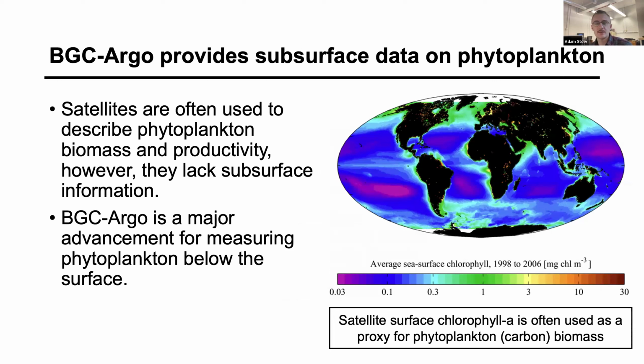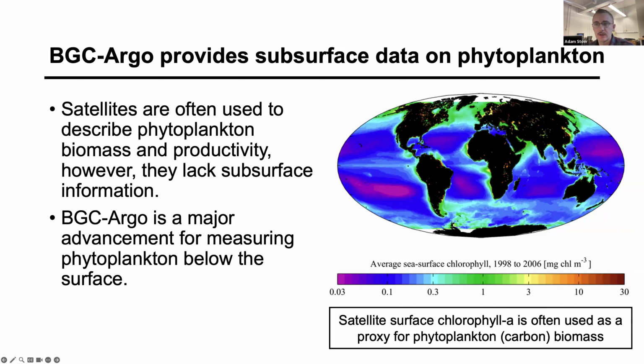When it comes to describing dynamics in phytoplankton biomass and production, what's often used is satellite data, and satellite data mainly contains information from that surface layer, the first optical depth. And so it doesn't contain that subsurface information about the deep chlorophyll maximum or deep biomass maximum. BGC Argo is that big advancement that we can use to better understand variations in phytoplankton biomass and